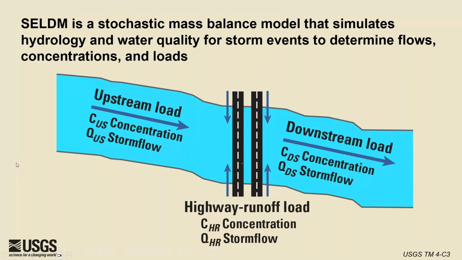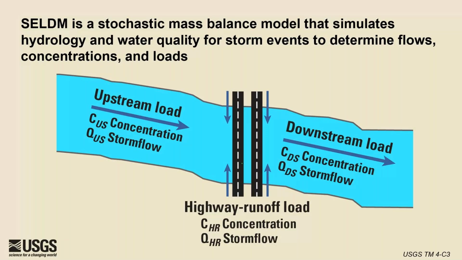So now we'll talk a little bit about SELDM. This graphic is a very simple representation of a stream that receives stormwater runoff from a highway crossing over it. It shows the upstream load, the highway runoff load, and the downstream load. In addition to these, SELDM also includes the ability to simulate the effect of stormwater control measures or best management practices, or BMPs. So where you see something referring to a highway runoff load, that could also be a BMP